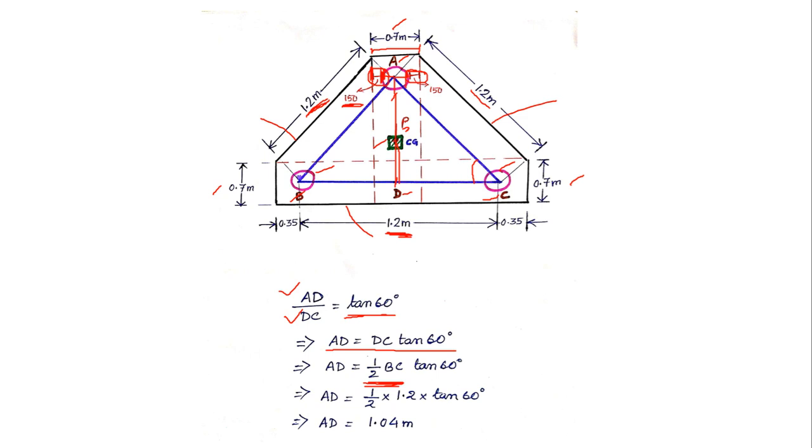Now I know the value of BC because BC is the center to center distance between two piles. So BC is 1.2 meters. So ultimately if I solve this, I get the value of AD as 1.04 meters. Okay, now